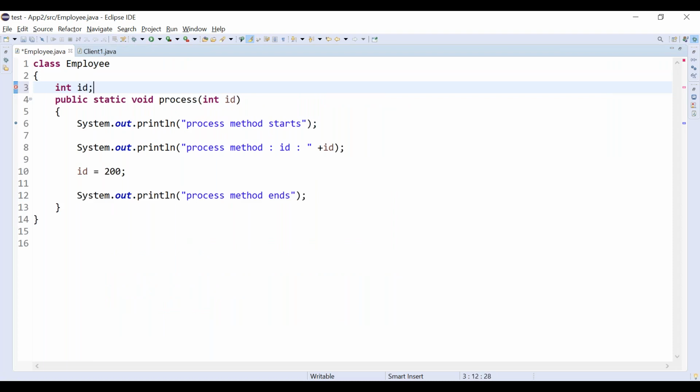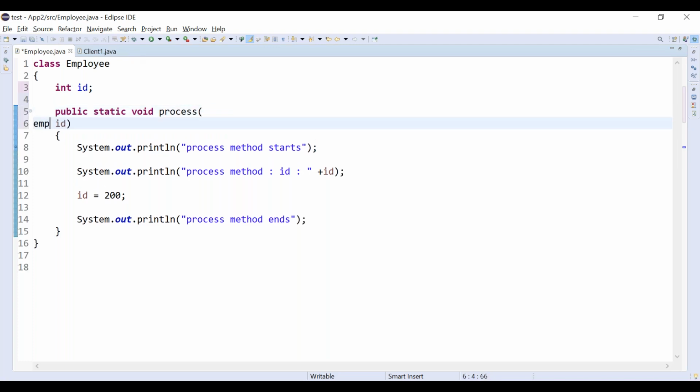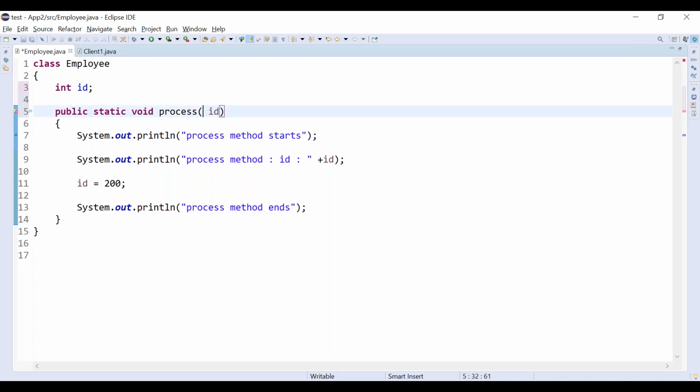Instead of a primitive data type, it should be taking a reference data type, right? Employee type. It can be either ID or it can be OBJ also. Anything is fine.